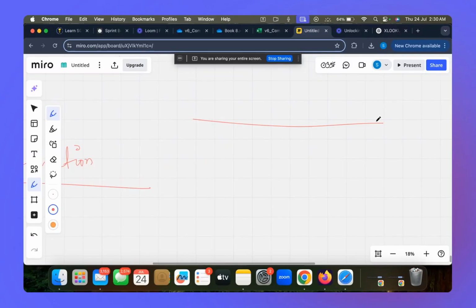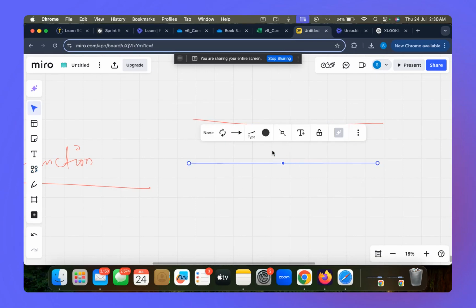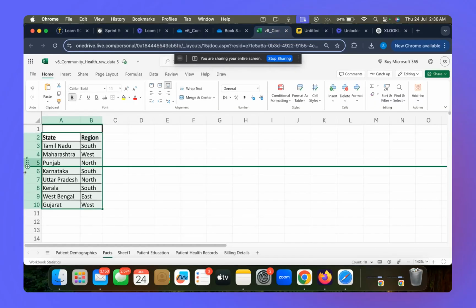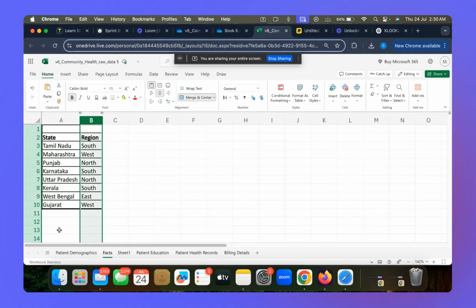If I try to draw a straight line, I'm not able to draw a straight line with my own bare hands, right? But as soon as I take a scale, I don't think I have the option of taking a scale here, but let's say I consider taking a scale. When I take a scale, can I say I'll be able to draw a perfectly straight line? With the help of a scale, can I say that the scale is the reference for you to draw a straight line? The same way, this table is acting as a reference for me to know that every state must belong to this region.